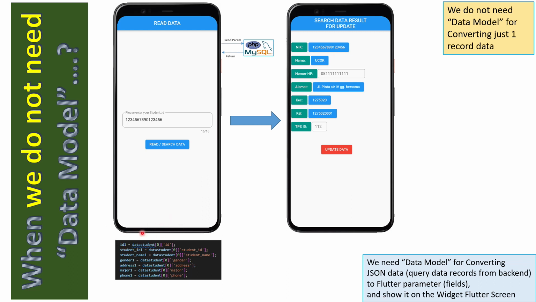We just directly convert the JSON data to the parameter in Flutter. We don't need a special file to convert all the JSON data to parameters because we have just one data record here.